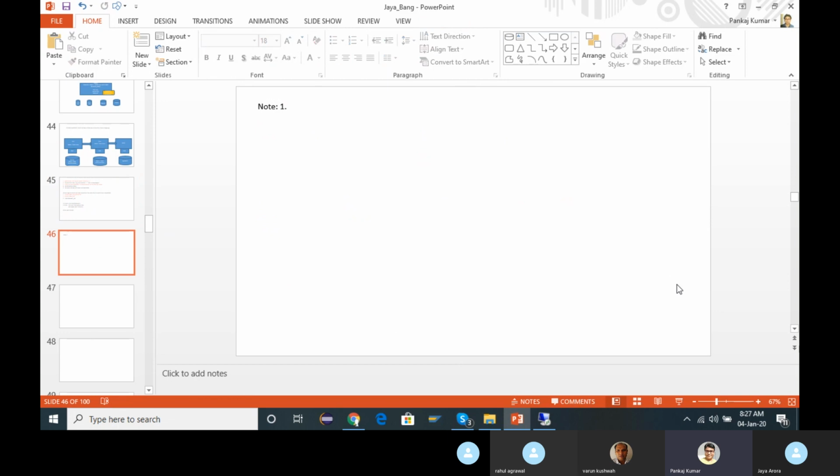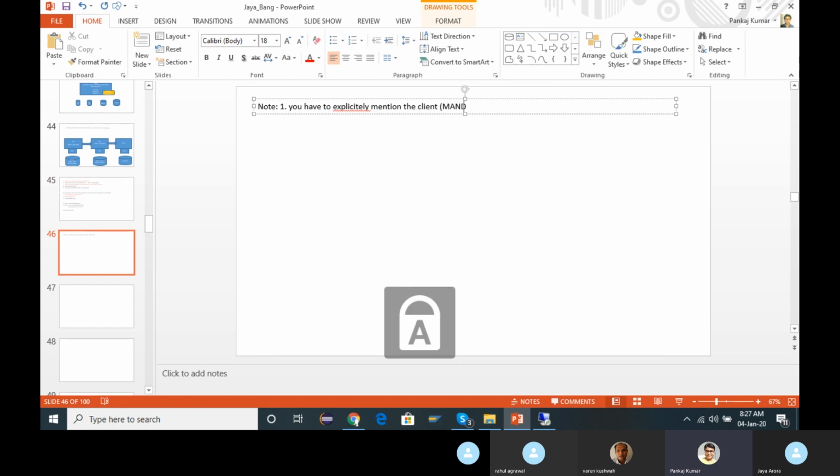The first point: when you write a query in native SQL, all the clients are automatically going to be considered. So you have to explicitly mention the client, MANDT, in the where condition in native SQL, in order to get the data from a specific client.